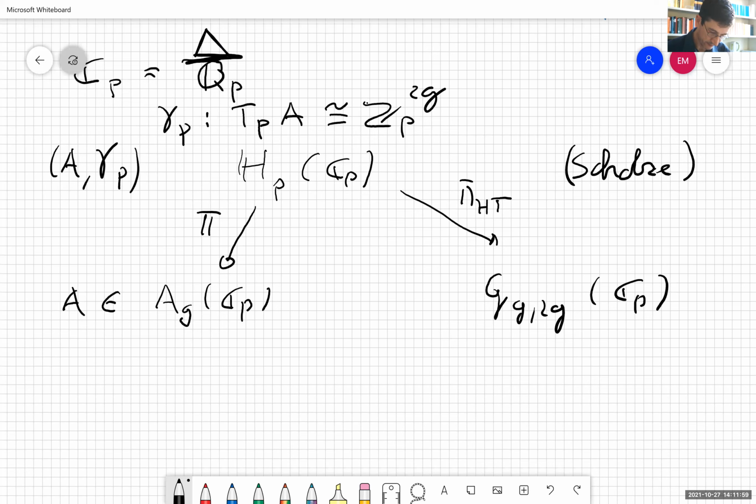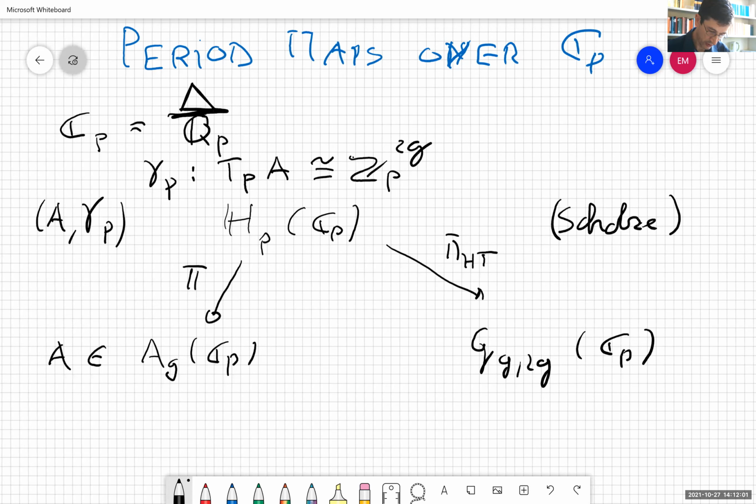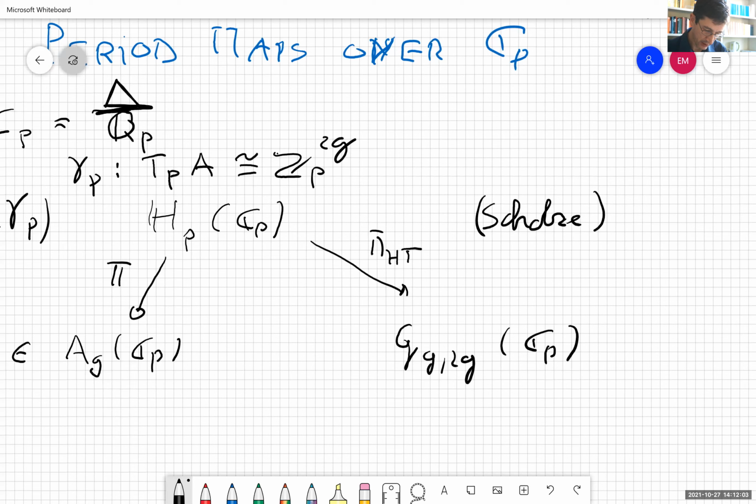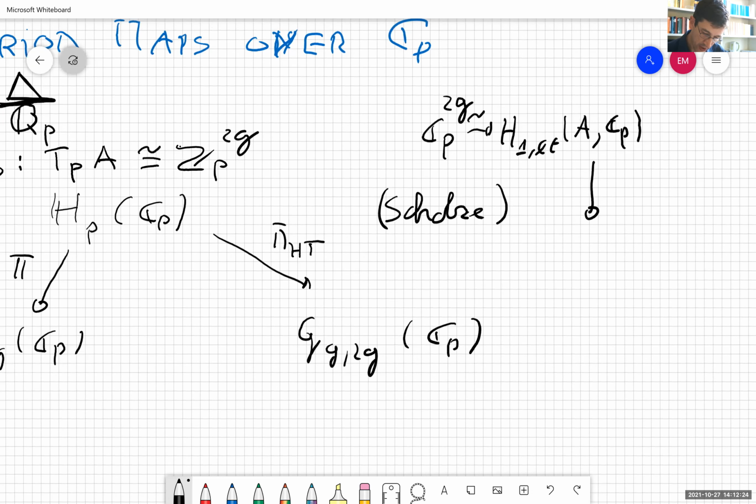So using my γ_p, you have an isomorphism of C_p^{2g} with the étale homology with C_p coefficients of my abelian variety. And here by p-adic Hodge theory, this is the so-called Hodge-Tate